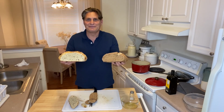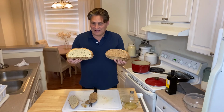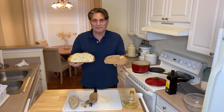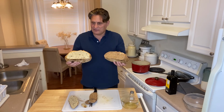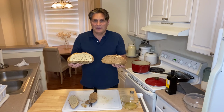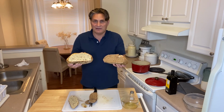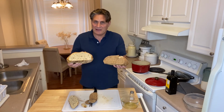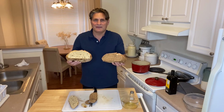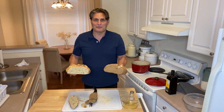And you can see that both these breads are fantastic, and they're going to provide the nourishment you need. The gluten has been degraded and taken away. The lectins and the things that are in the plant that cause a defense against predators get neutralized and wiped out when you ferment it. And if you can just make your starter and make a dough ball, put a little starter in there, don't do anything. Wait overnight and bake it just like you saw me do. You're going to have sourdough for the rest of your life and the